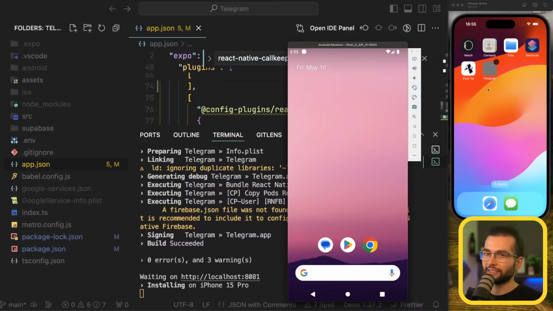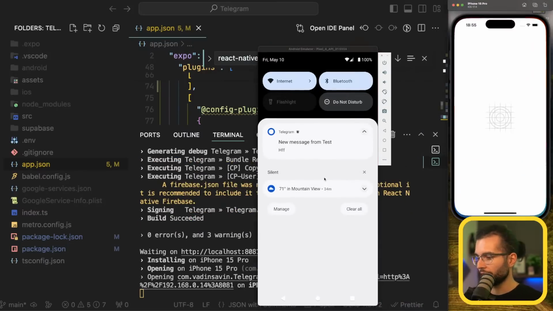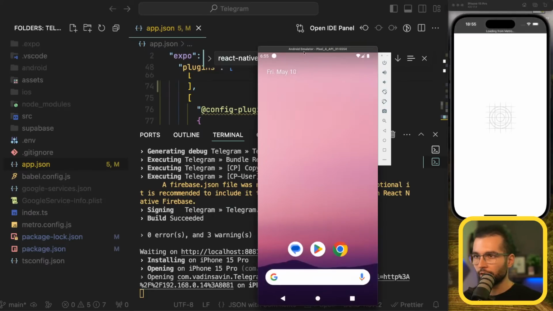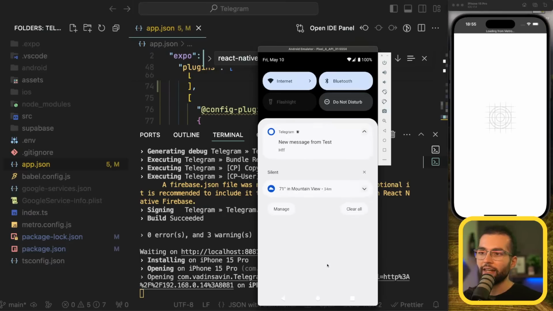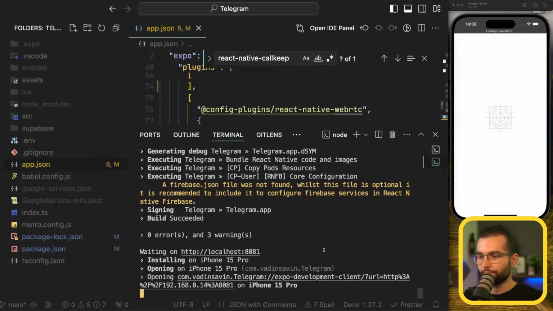Okay, our iOS is ready. This one here, if I call Android, I think I need to rebuild it. But if I'm gonna call iOS,